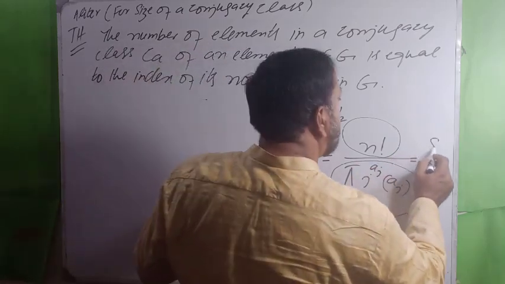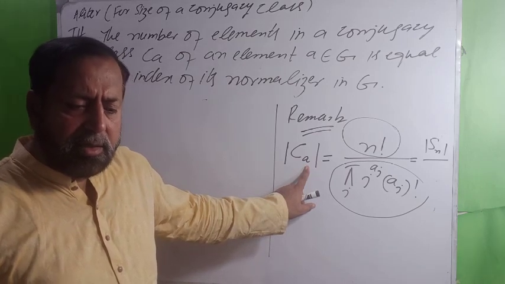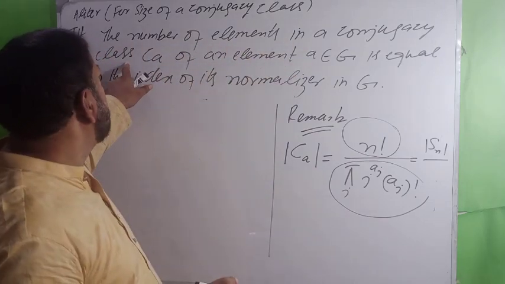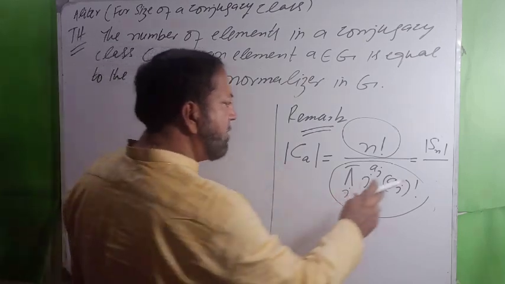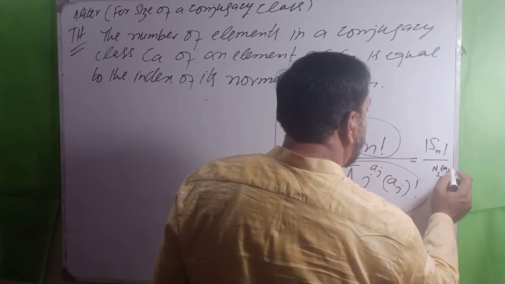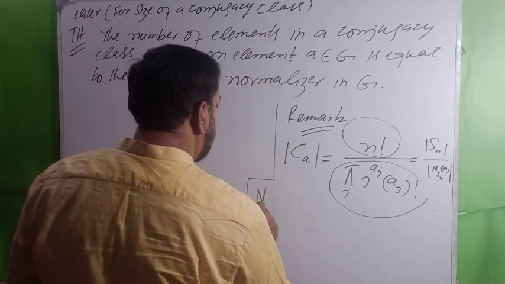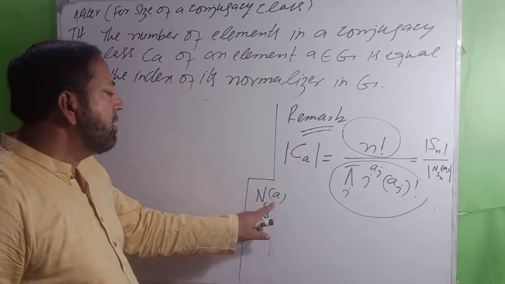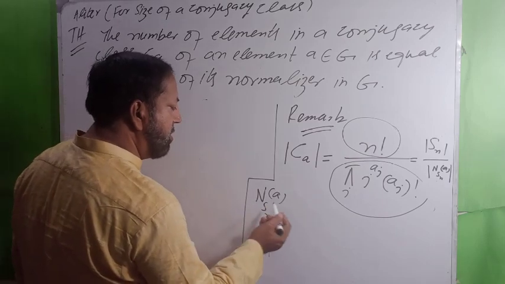According to this theorem, this is in fact the order of Sn divided by the order of the normalizer of A in Sn. The number of elements in a conjugacy class CA of an element A is equal to the index of its normalizer. To write the index, here should be the order of the normalizer of A in Sn. This means that the order of the normalizer of A in Sn